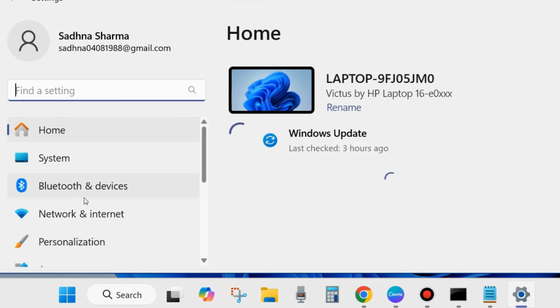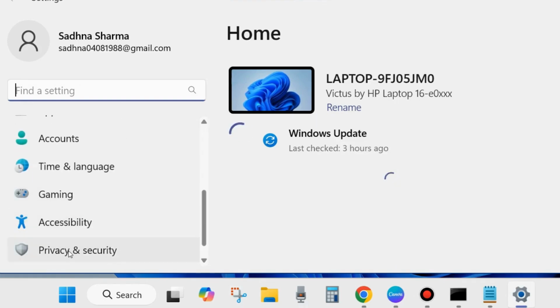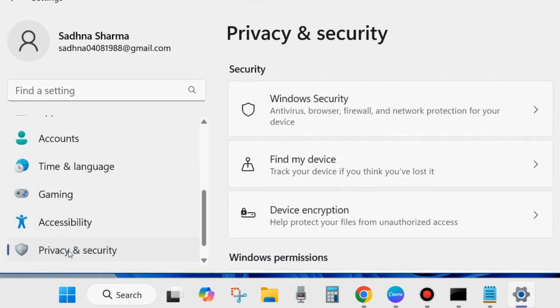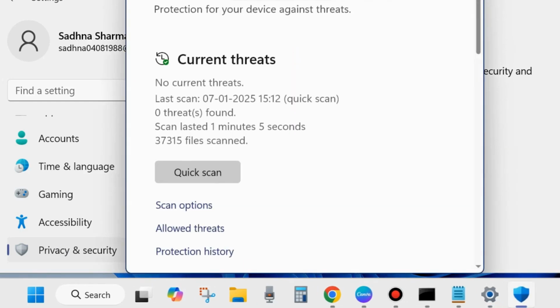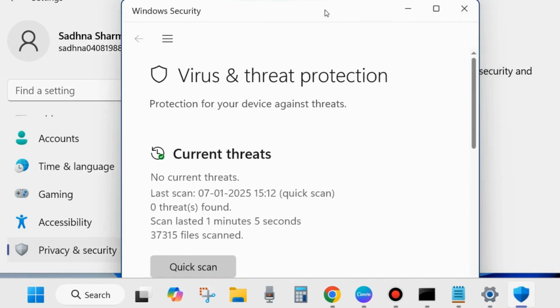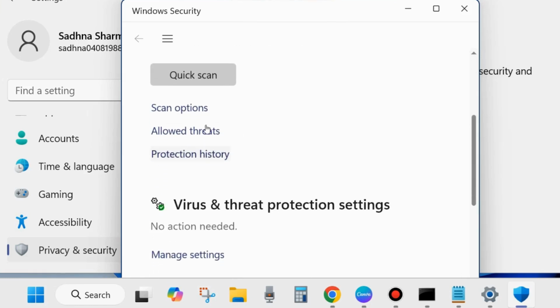Here from the left side window, go to privacy and security. From the right side, choose Windows security. Here click on virus and threat protection. A new Windows security page will open. Here click on scan options